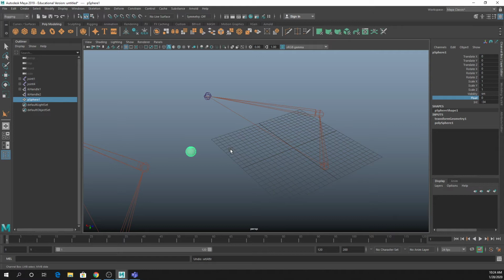That's pretty much all I had for IK handles. So are there any questions on that? Cool. All right, next thing I wanted to go over is smooth skin binding or soft binding,